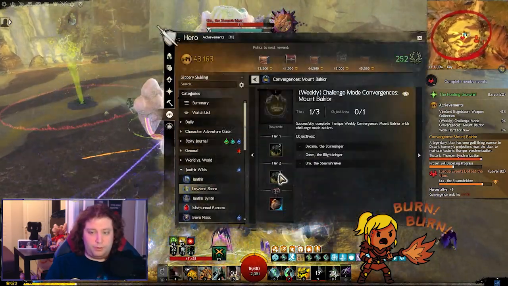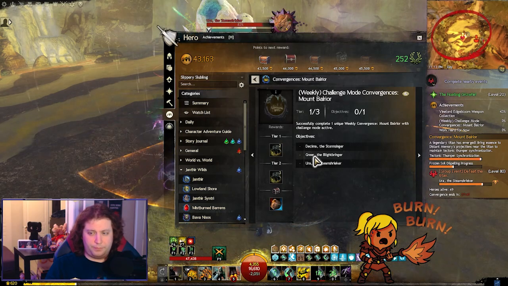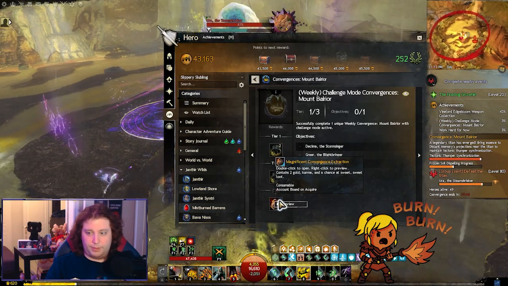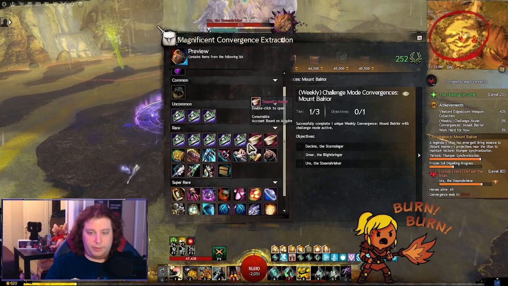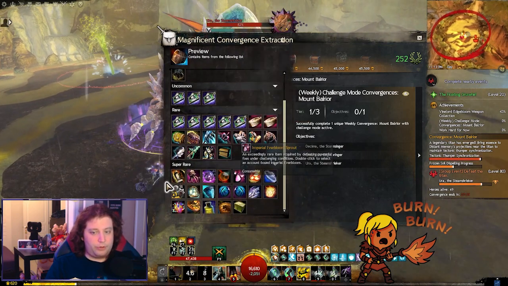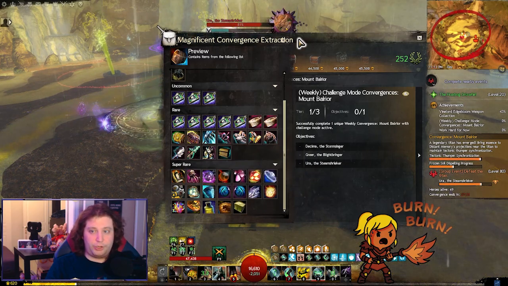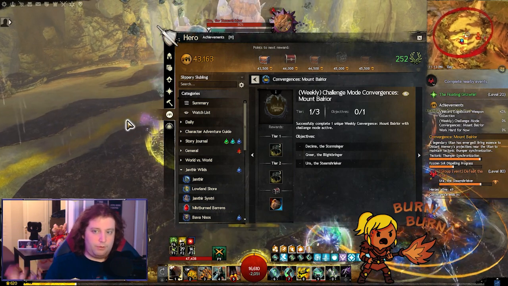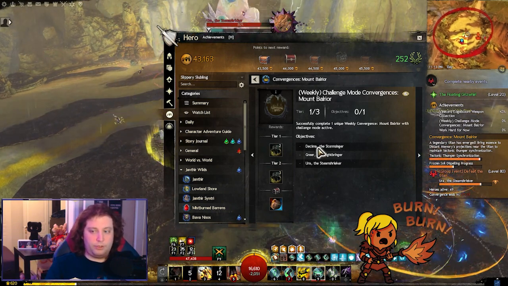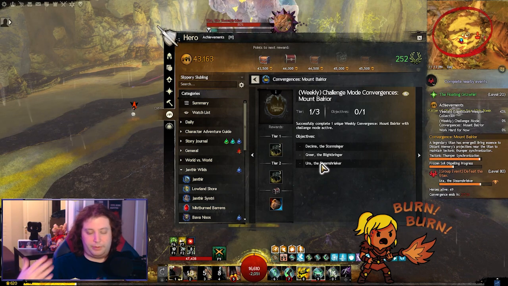Another thing is you can do the challenge modes weekly to get these items. Let me show them. Yeah, these are the items that you can get. If you are really lucky, you might get an infusion or maybe a chair from this chest. But to get that one, you need to actually kill all 3 of them, not kill, for example, Decima 3